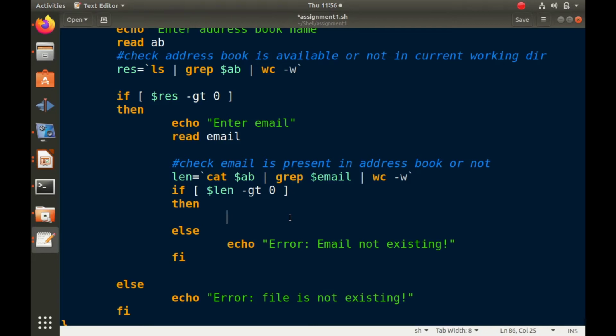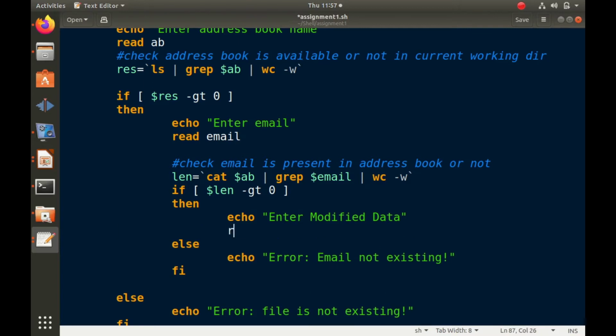Okay, so here we will ask the user to enter the modified data, and read that in variables.